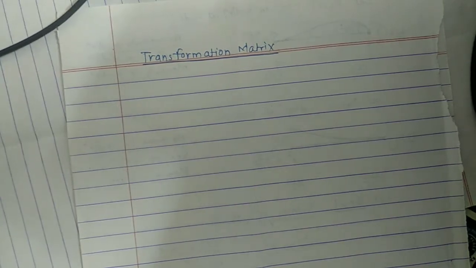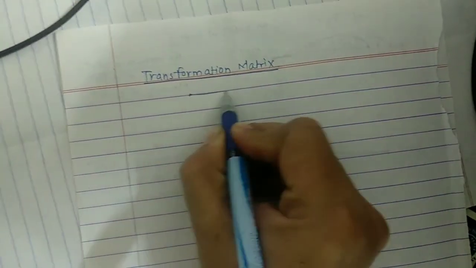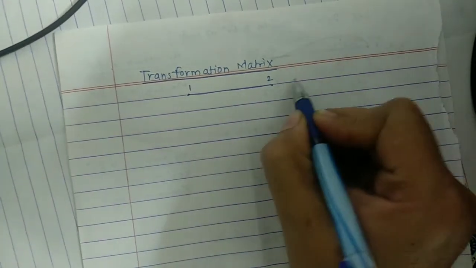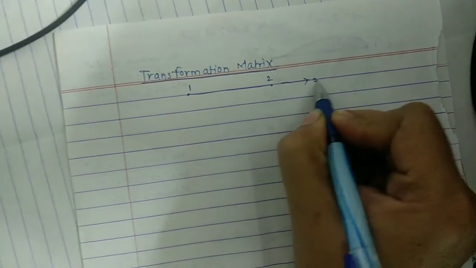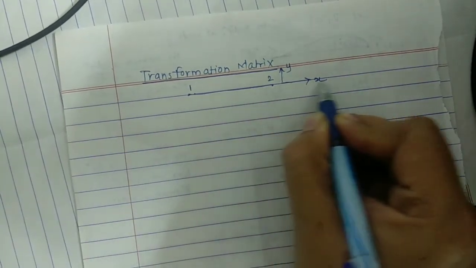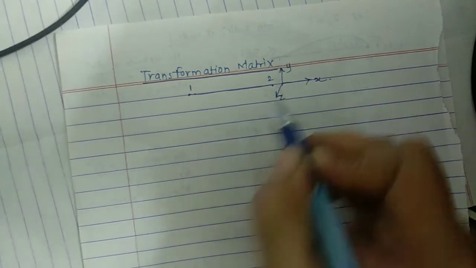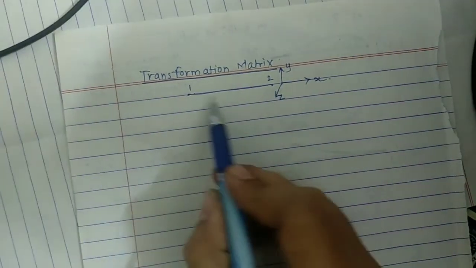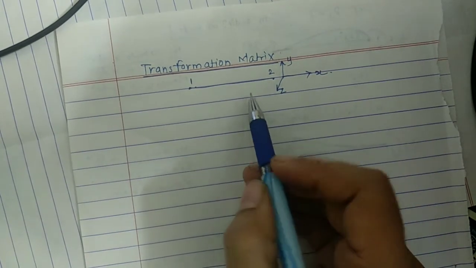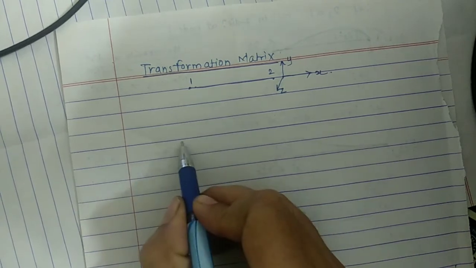First, the individual member that we have considered is in this direction, member node 1 node 2, for which we have referred to the local coordinate system: in the direction of the member the x axis, perpendicular to it the y axis, and towards the observer the z axis. This is for an individual member. Now if the member is inclined, let us move this member in the clockwise direction at an angle theta.